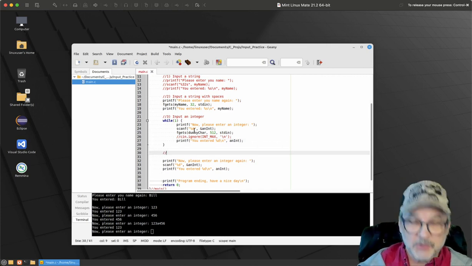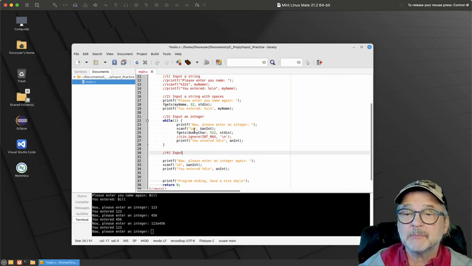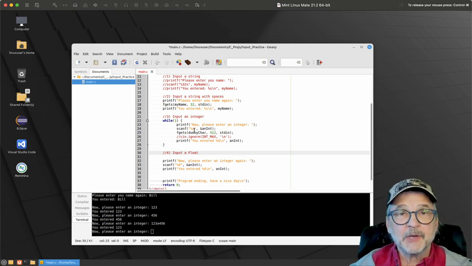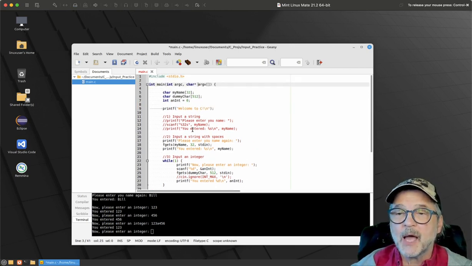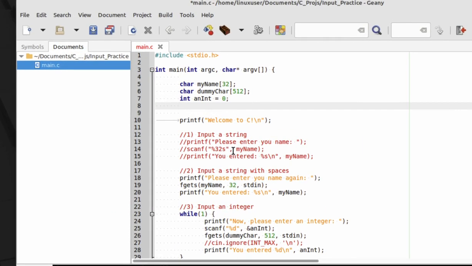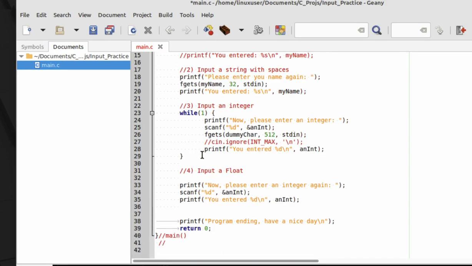Now let's do the next one. Let's input a float. Now, floating point, it's done pretty much the same. I have to create my floating point. Let's do a double. So I'm going to say double a_double equals 0.0. Again, the .0 isn't needed, but I like to put it in there. So let's input a float. And let's actually do it in the while loop, just so we can see how that